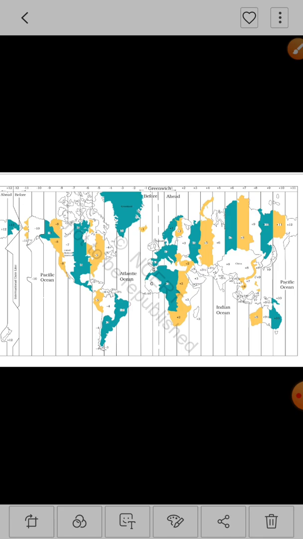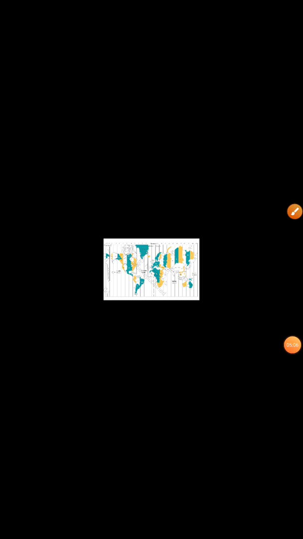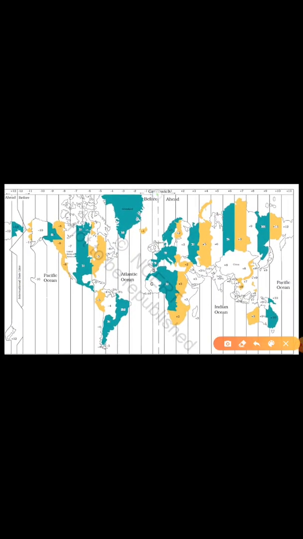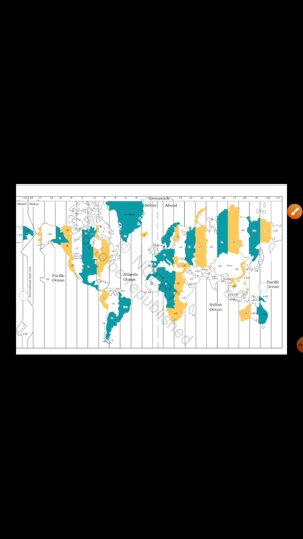Now we can see here the city of Greenwich. Okay, you can see where Greenwich is. Greenwich is located at the center point where the prime meridian is situated. Here it is written, Greenwich city. Okay, so you can also see that. See friends, now we see that this is the west side, this is the east side, and this is the west side. So in longitude we need the east side and the west side, the eastern hemisphere and the western hemisphere.